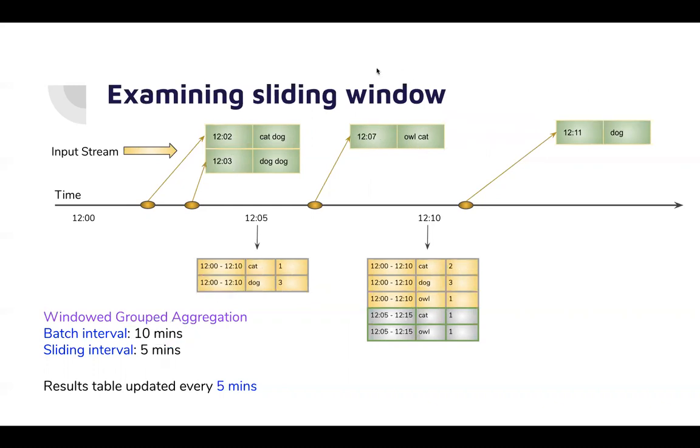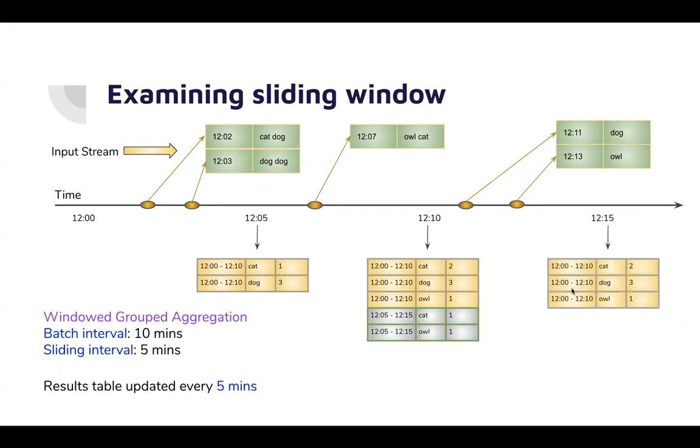Okay, so let's get ahead and talk about further events. But before that, you can also verify that this owl event, which happened at 12:07, will also belong to two windows. And this is how sliding windows happen. One event can belong to multiple windows. There is an overlap. Now at 12:11, there is a new event coming up in the form of dog and owl at 12:13. And then at 12:15, you generate your result. This is the first set, the first window, then the next and the next window.